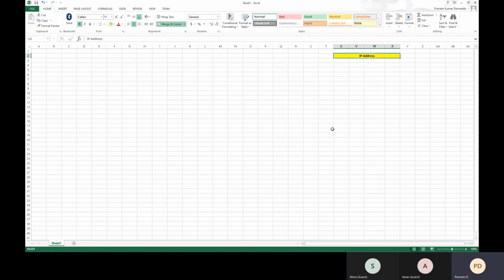So what does an IP address contain? It contains normally four parts. For example, I can say 10.0.0.0. What this initial 10 contains is nothing but 8 bits.